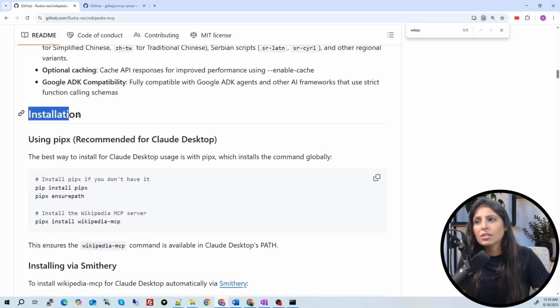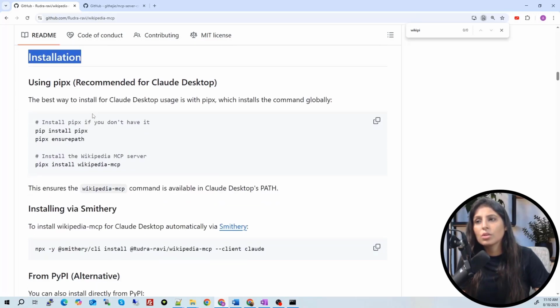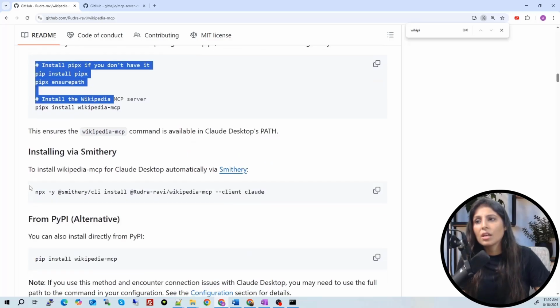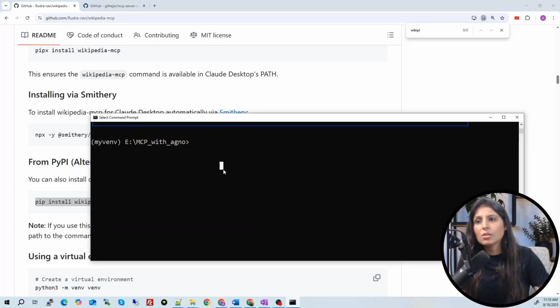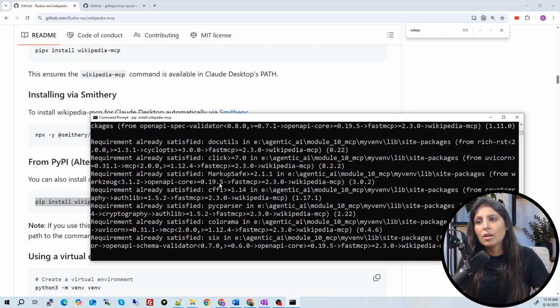Under this installation section, you can see various ways to install it. First way is this, second way is this, and the third way is this. I'm installing using pip. Just copy this command, pip install wikipedia-mcp, and paste it over here and it will be installed. In my case, it is already installed.